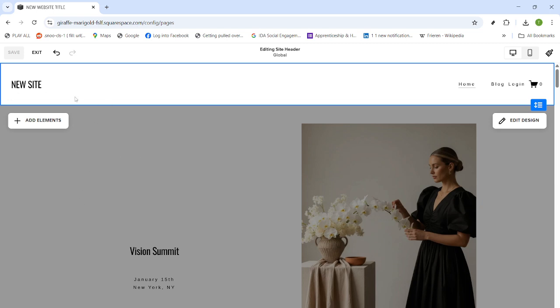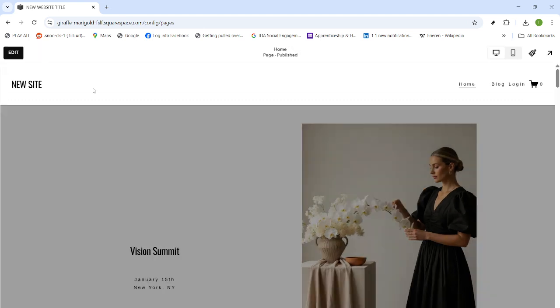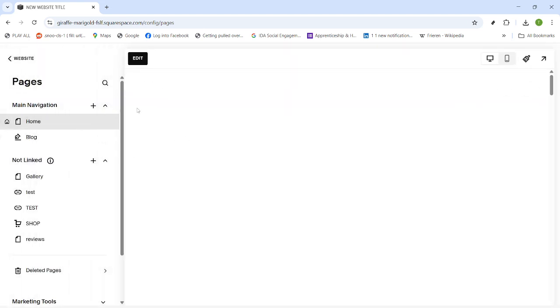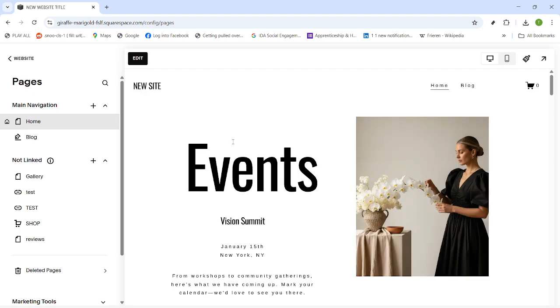That's it. You've updated your site title across your Squarespace header. As a final check, view your site on mobile to make sure the title wraps nicely and remains legible. If you don't see the change immediately, refresh your browser or clear your cache. Remember, the site title can also influence what appears in the browser tab, unless you've customized SEO titles separately. With these quick